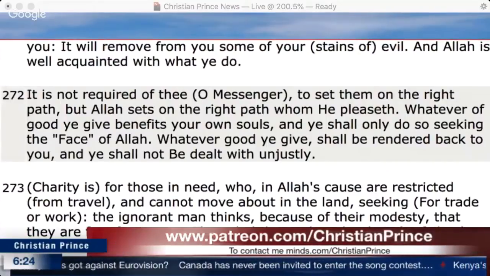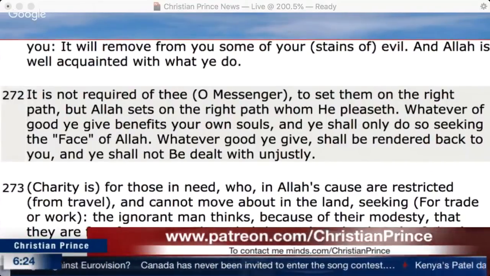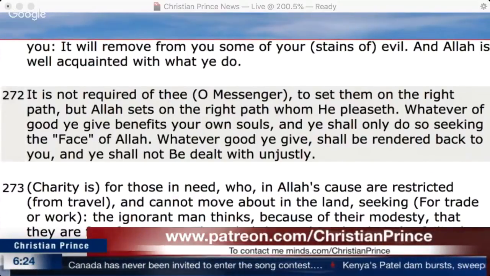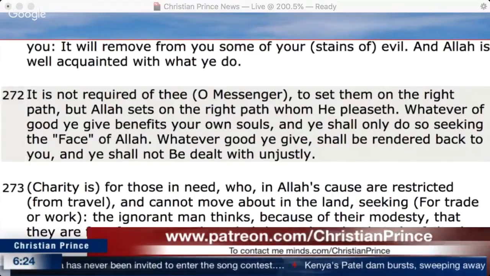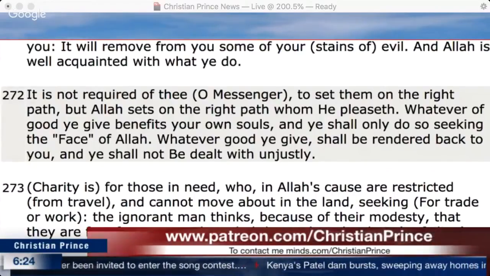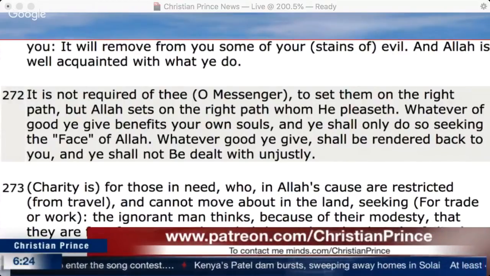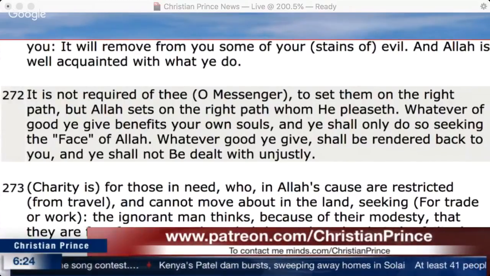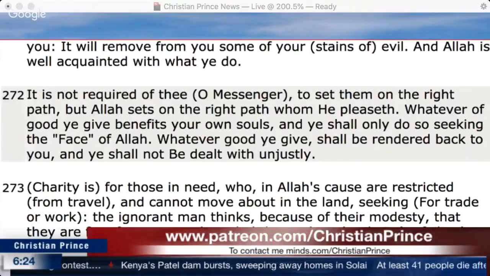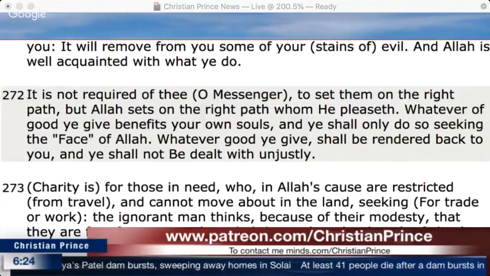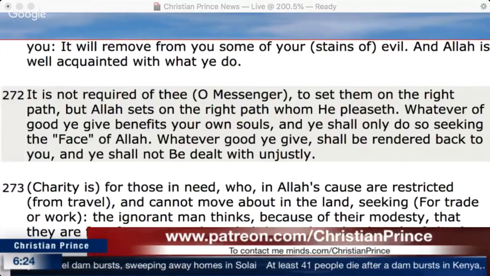And whatever good you spend is for yourself, and you do not spend except seeking the countenance of Allah. And whatever you spend of good, it will be fully repaid to you, and you will not be wronged. So why is Allah saying in different verses, as an example, chapter 9, verse number 29, O Prophet, fight those who don't believe in Allah, if it is not his responsibility to guide them anyway, or to force them to convert to Islam?